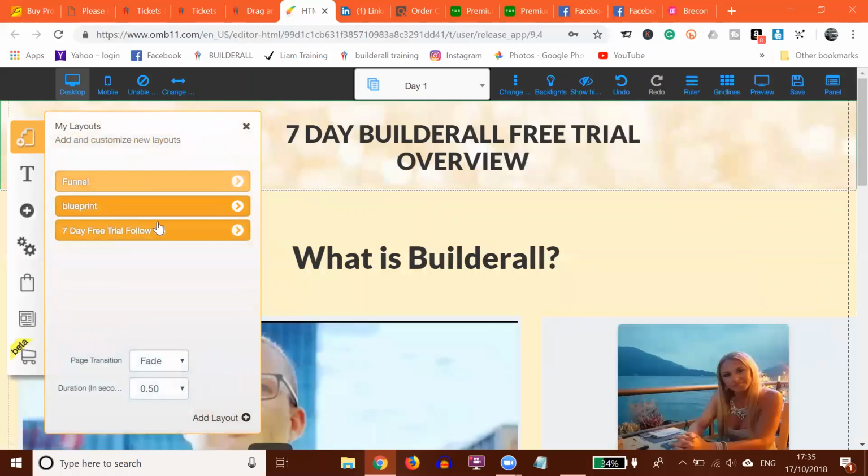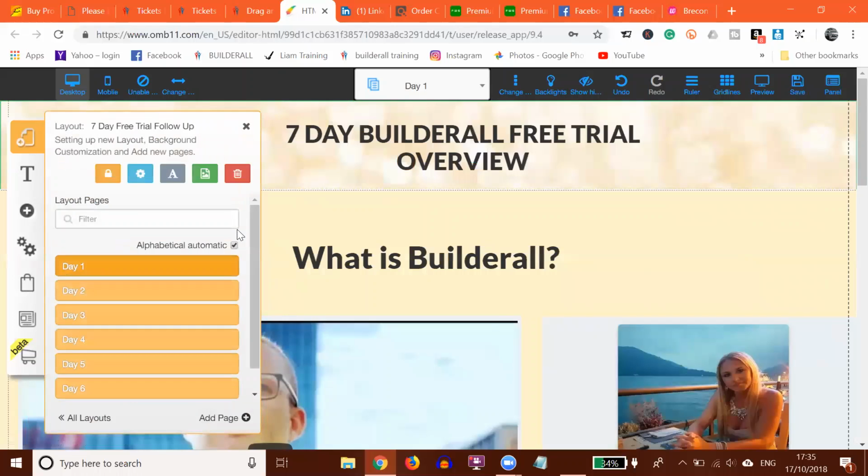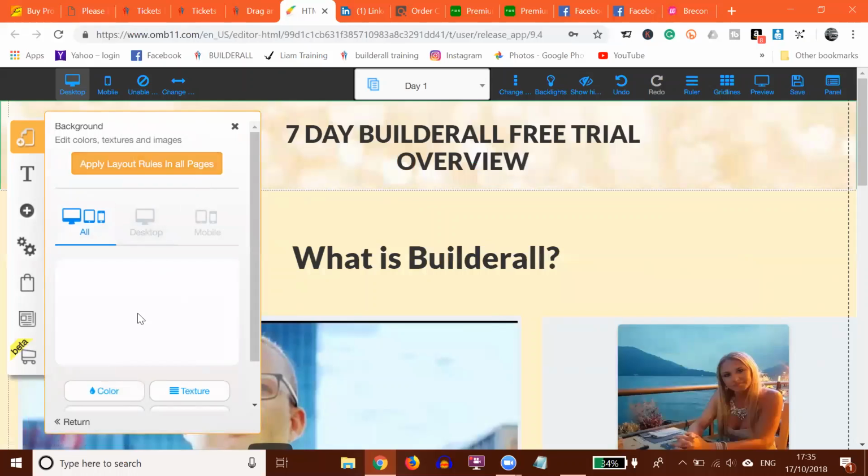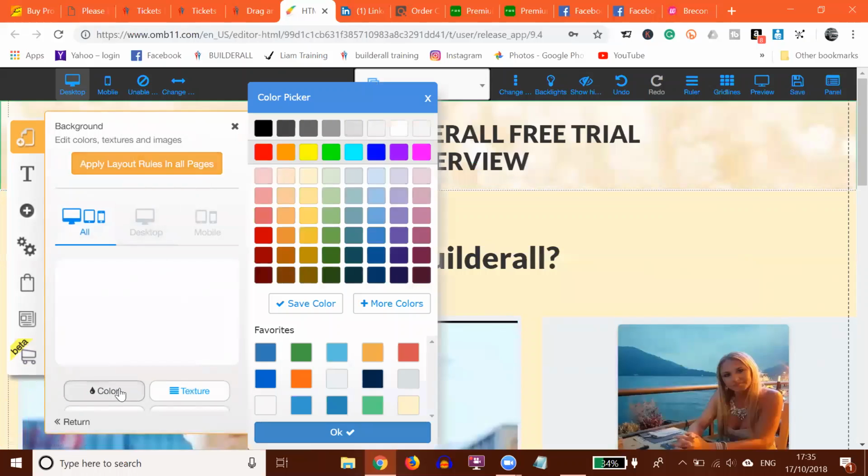There we go, background, change background. Okay, so it's fairly straightforward, guys. Obviously, you can choose what color you'd like, and you can also save the color as well if you want to use it again. But with this funnel, it will apply to all the pages for you. So once you've changed your color,